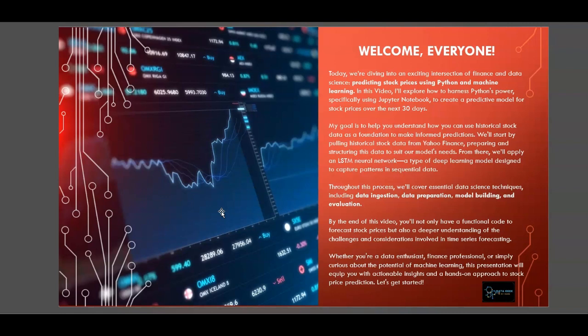My goal is to help you understand how you can use historical stock data as a foundation to make informed predictions. We'll start by pulling historical data from Yahoo Finance, preparing and structuring this data to suit our model's needs. And from there, we'll apply an LSTM neural network, a type of deep learning model designed to capture patterns in sequential data. Throughout this process, we'll cover essential data science techniques, including data ingestion, data preparation, data modeling,